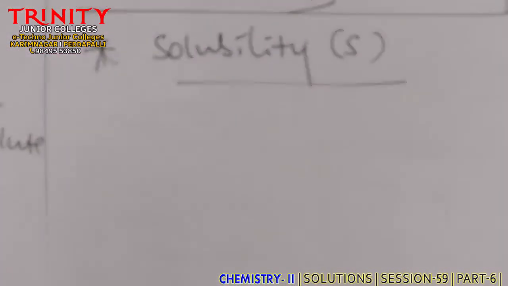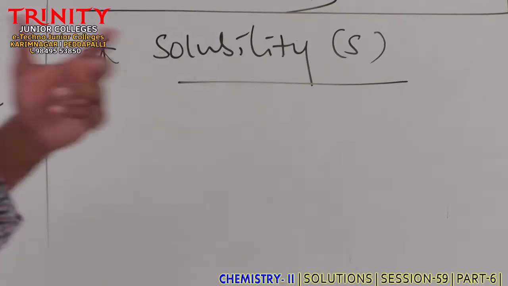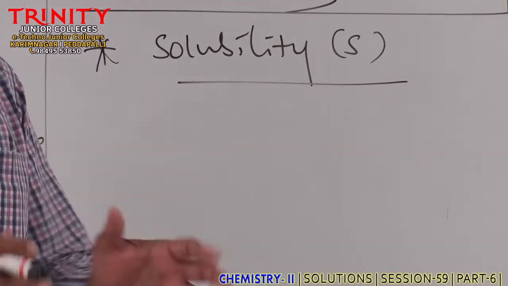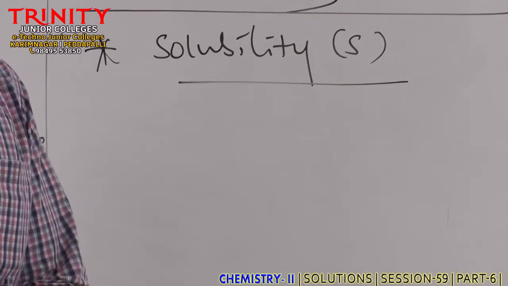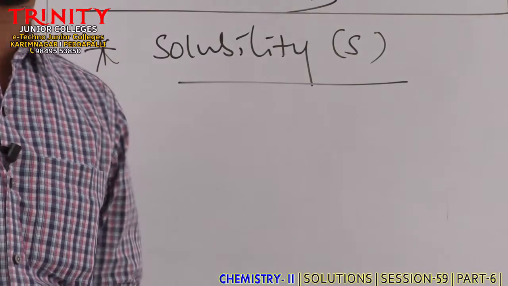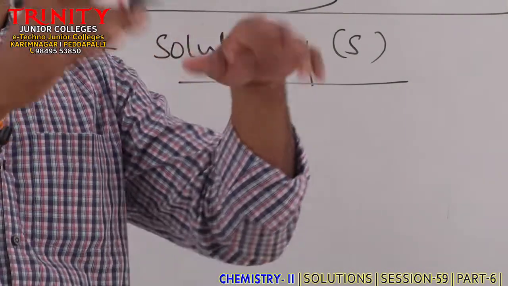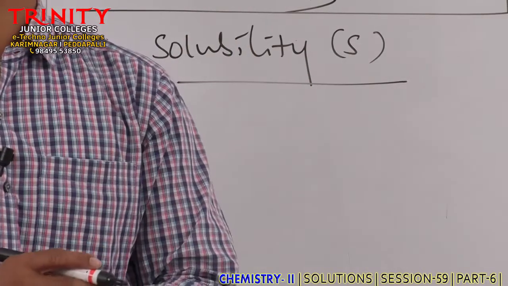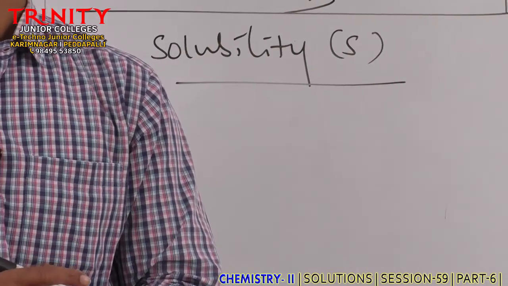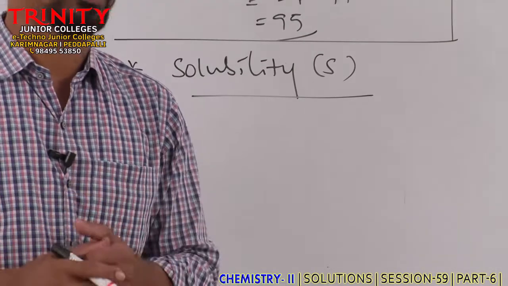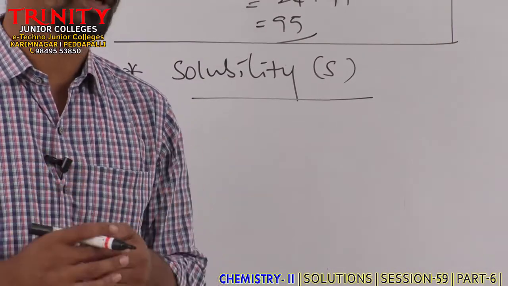Solubility is denoted by S. So what is solubility? What is meant by solubility? Solubility is expressed for a solute, right or not? So we generally say this is more soluble, that is less soluble in water, or the solubility of this compound in water is more. Sir, what is meant by solubility? It means the tendency to dissolve in a given solvent. So it is expressed in terms of what, sir?